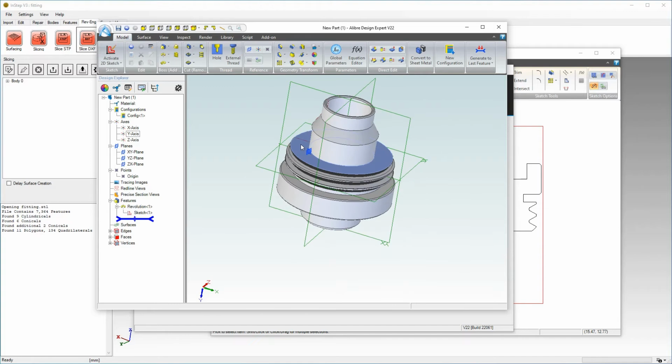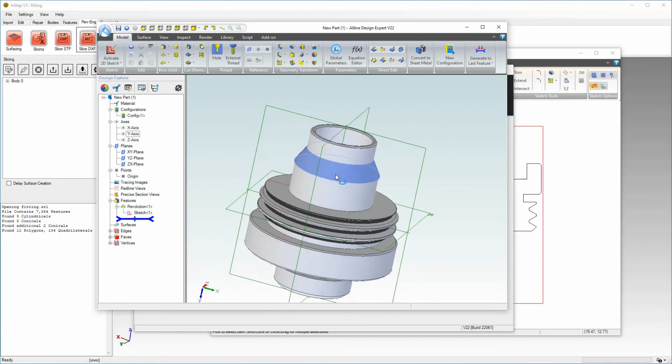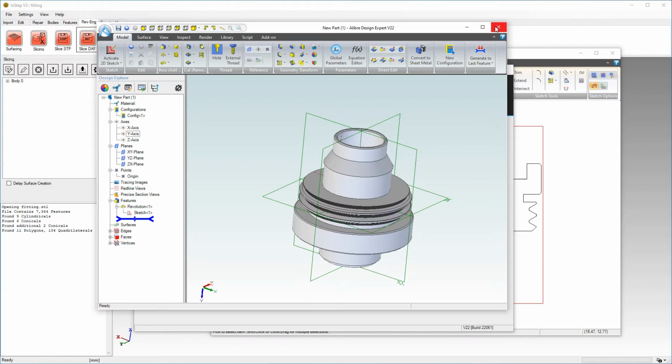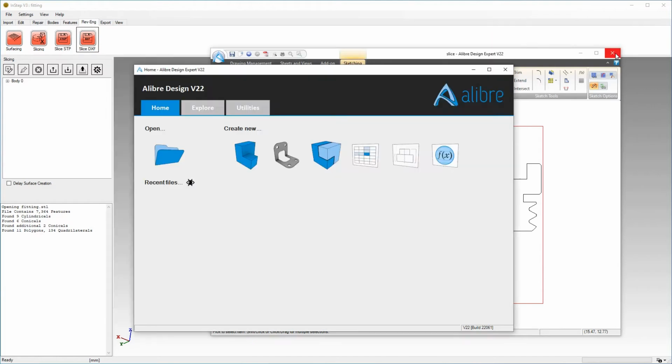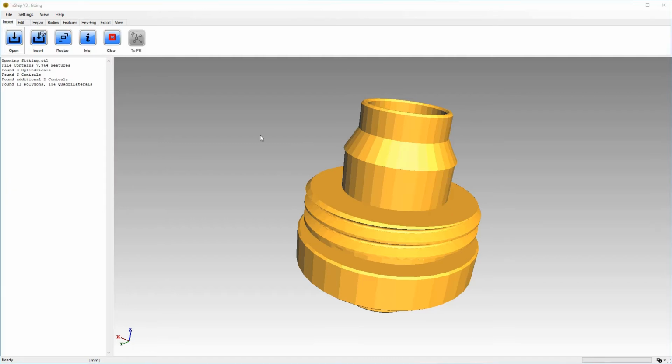And here's the output of this process, and you can see it's very quick. It's very easy to work with these sketches for items that have some amount of symmetry or some kind of projection that we want to work with. So again, we're going to leave this here, close out, and now let's take a look at a different form of reverse engineering, specifically one that's related to more organic shapes.